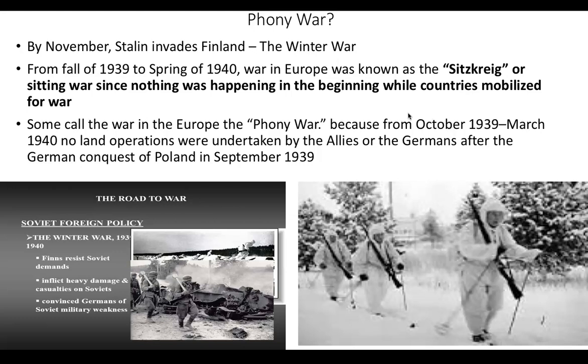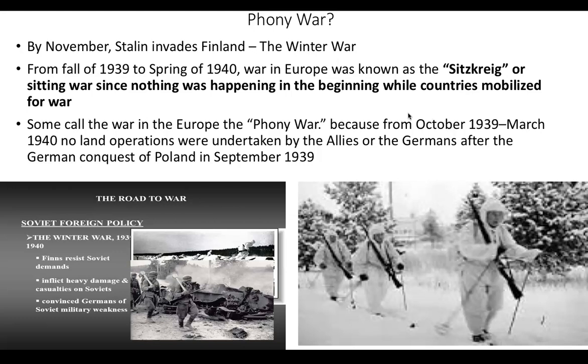What we're going to see happen is that the Soviet Union, they do attack Finland. And they have a heck of a time on their hands trying to attack Finland because the Finnish are fantastic and they're excellent at skiing. They decide that they're going to wear all white to blend in with the snow. They take to skis, and you can see those are people on skis with guns. And they would basically ski around to attack the Soviet Union as they were coming in to try to gain more territory. They're able to resist the Soviet invasion for a while. They're able to inflict heavy casualties.